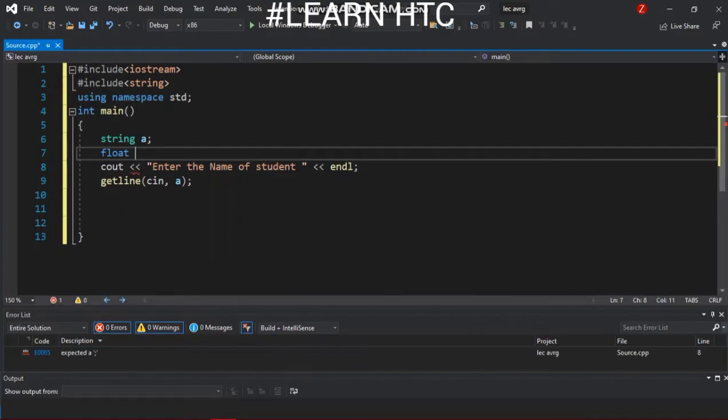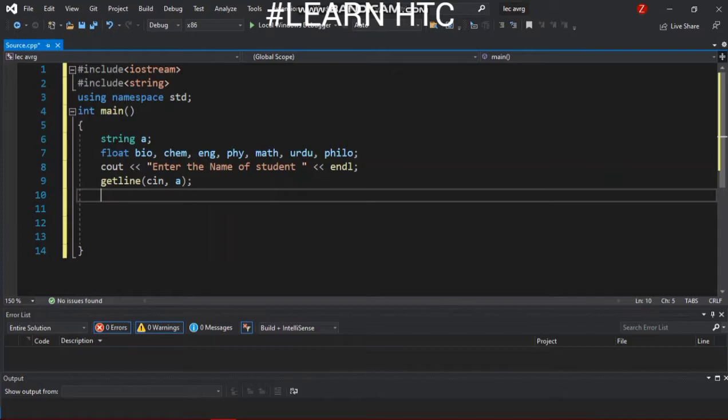Float, suppose bio, chemistry, English, physics, maths, and you can say Urdu and philosophy. Here we have assigned 7 subjects, and now we will get the data of these 7 subjects from the user.